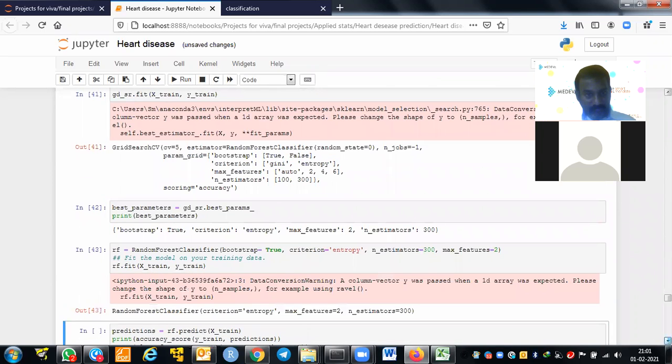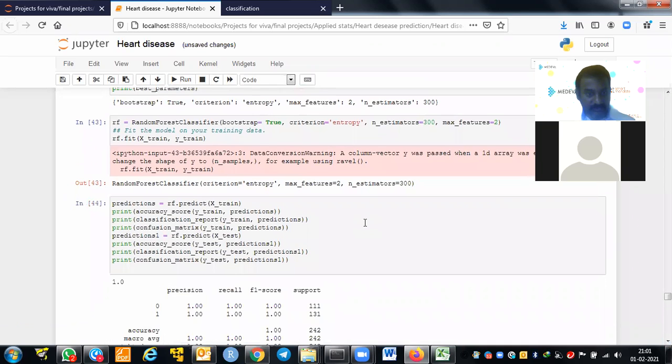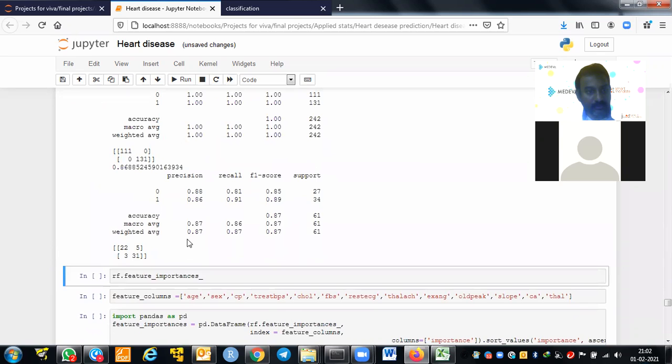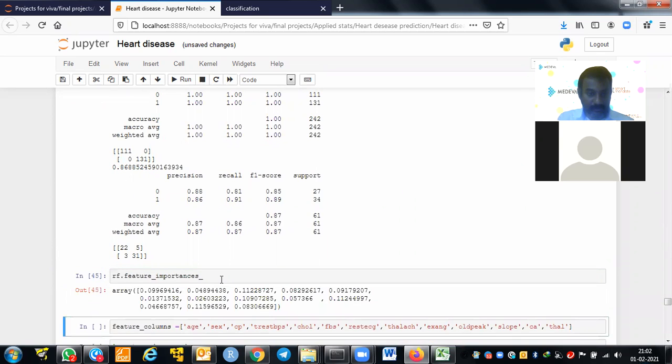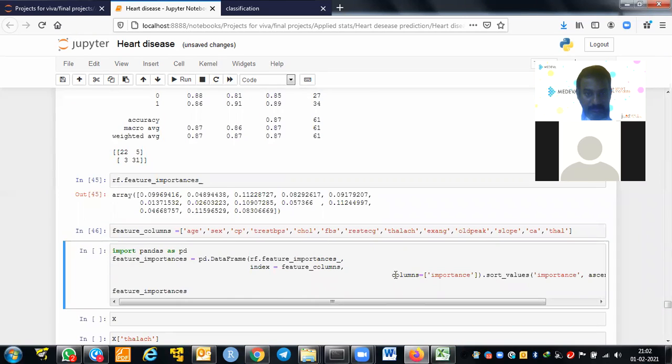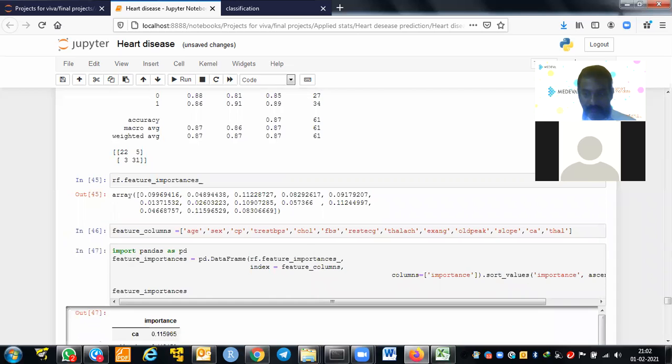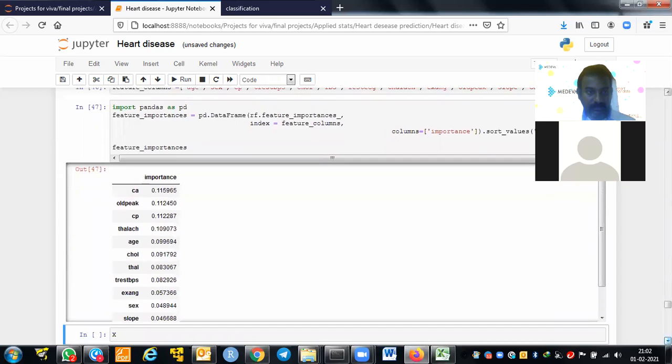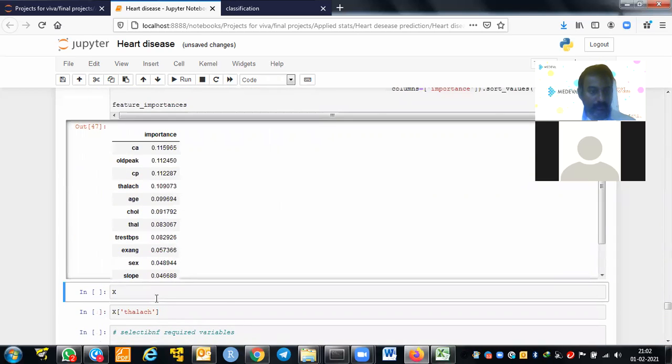But our aim is not the random forest itself, because random forest always gives overfitting. It has classified all the training data, but on the test data it has given 86%. That means it is overfitting. But our aim is to find the importance. So from the random forest, I will get the importance of all the top variables. From that, I will take the top 5-6 variables and build the model.